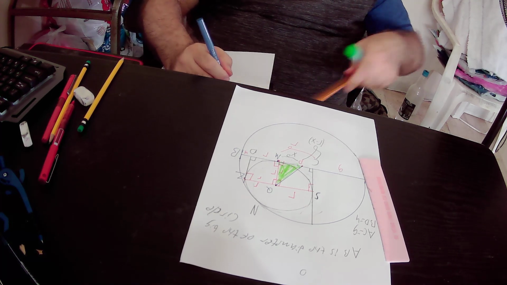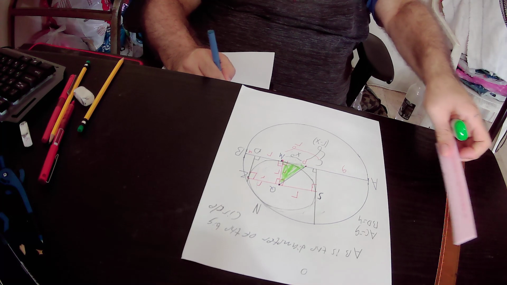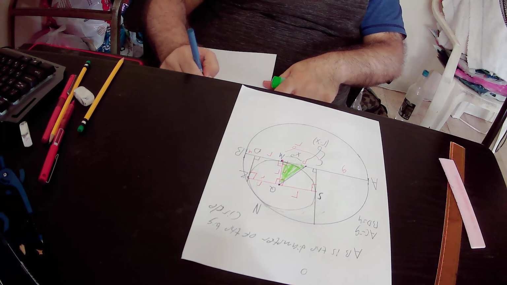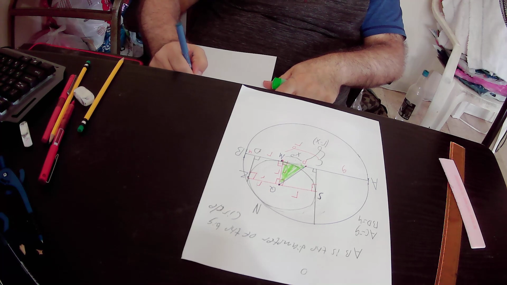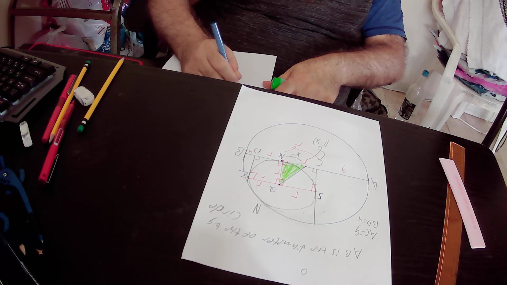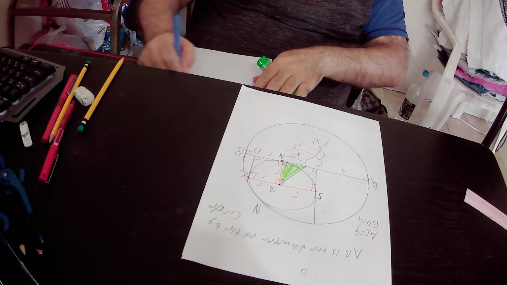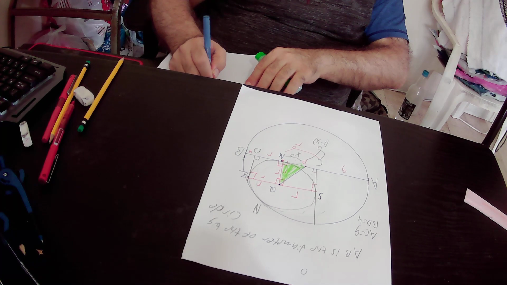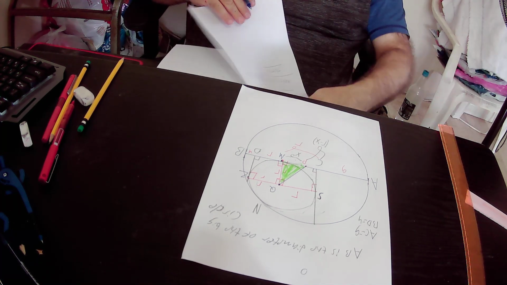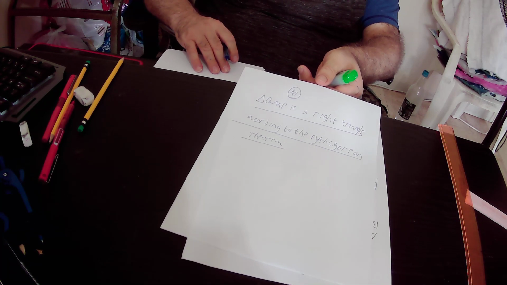Okay, so according to the Pythagorean theorem, I read again the things that I wrote. Triangle QMP is a right triangle, so according to the Pythagorean theorem,